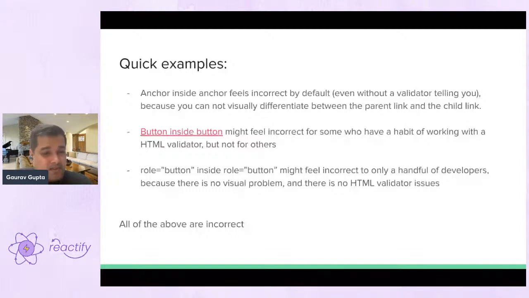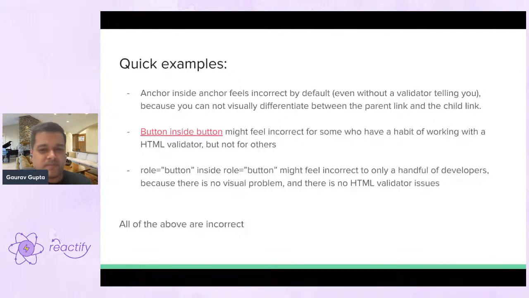then the third one is definitely problematic and very specific, even for people who have been working with markup for a while. Once you use role equal to button inside another role equal to button, this wouldn't by default feel incorrect to you, because you know that okay, anchor inside anchor looks incorrect because you've been working with the anchor element for a long time. Button inside button might look incorrect because you've been working with button elements for a long time. But as you do div role equal to button and there is another div role equal to button inside it, by default you wouldn't feel that it is something which is wrong,